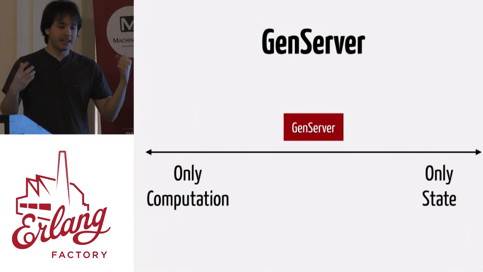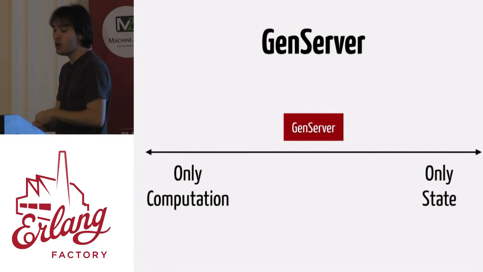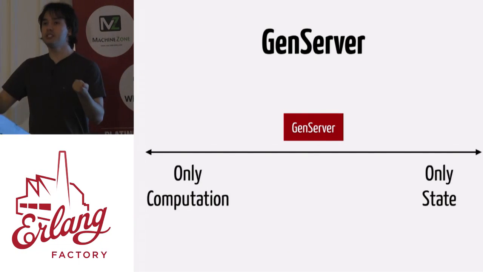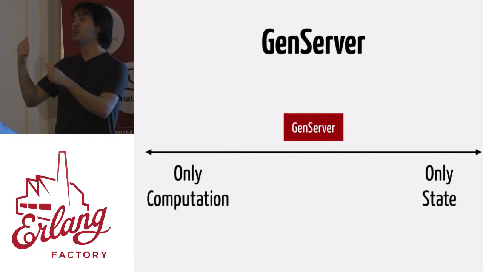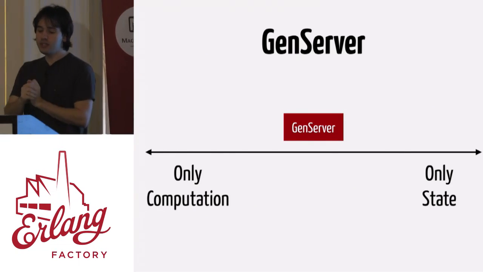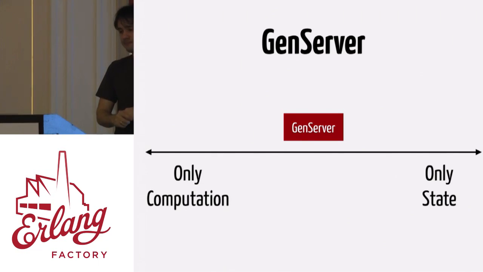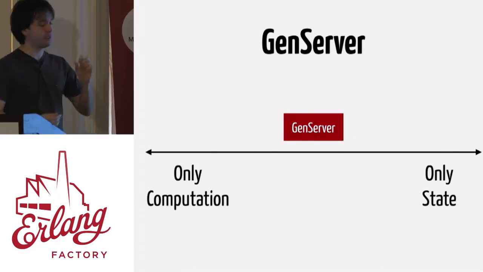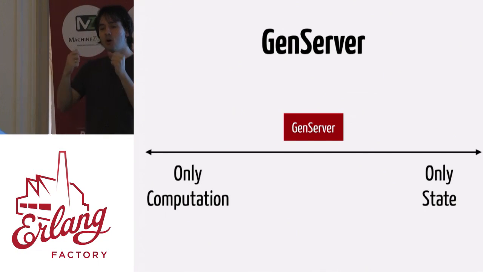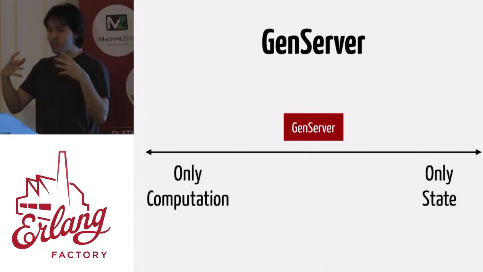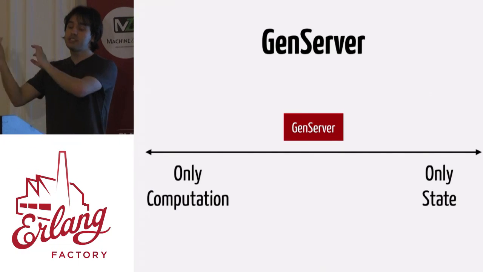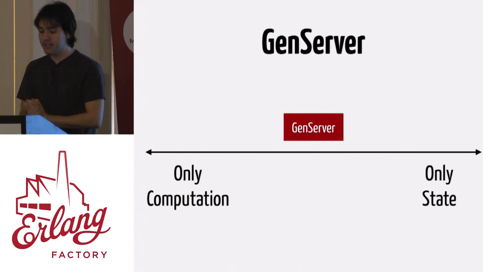Because the Gen server is keeping state and doing computation in this state. But there are cases when you go to the extreme, where we create a Gen server only for computation. We create a Gen server for executing some particular code every 30 seconds, and there is really no state in there. It's only about computation. And we have also the opposite, when a Gen server doesn't really do any computation. Its only reason is to keep state, because that's one of the ways we have to share state between different processes in Elixir.